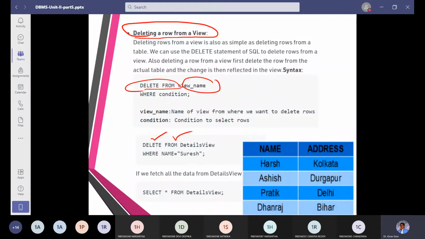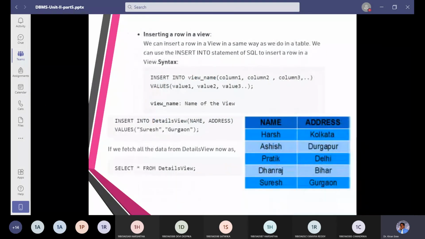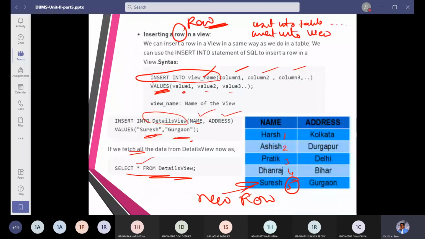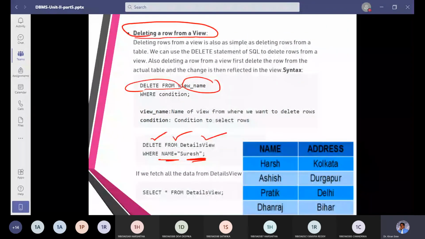So delete from detail view where name is equal to Suresh. Just now we inserted the value Suresh here. Now delete from view name where name is equal to Suresh. That means whatever we recently inserted, we are going to delete.